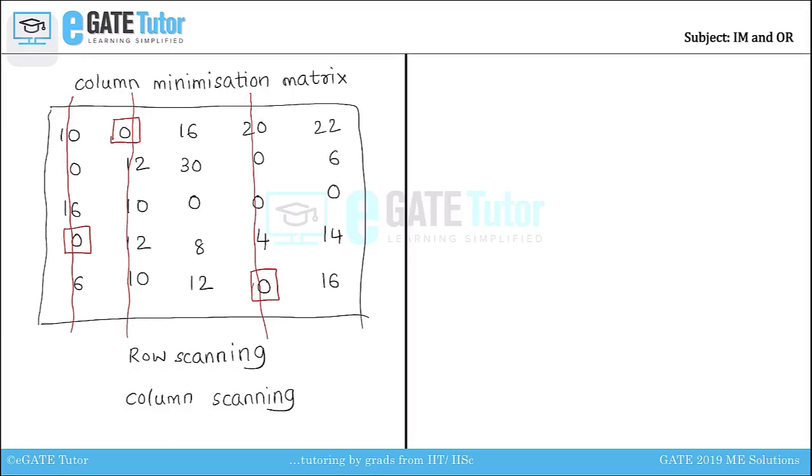In the first column we cannot do anything because it is already cancelled out. In the second column it is again cancelled out. Coming to the third column, we find 1 zero in third row. Let us make a box around that circle and let us strike off that row. Coming to fourth column, which is already cancelled out, and in the fifth column we have 1 zero, but that is already striked off. Okay, so that completes our column scanning operation.